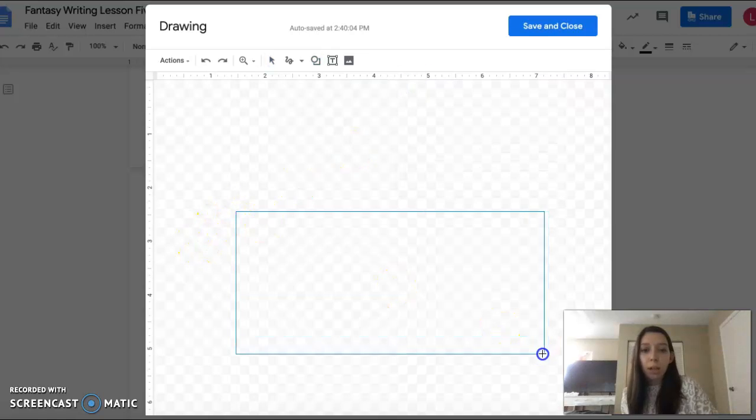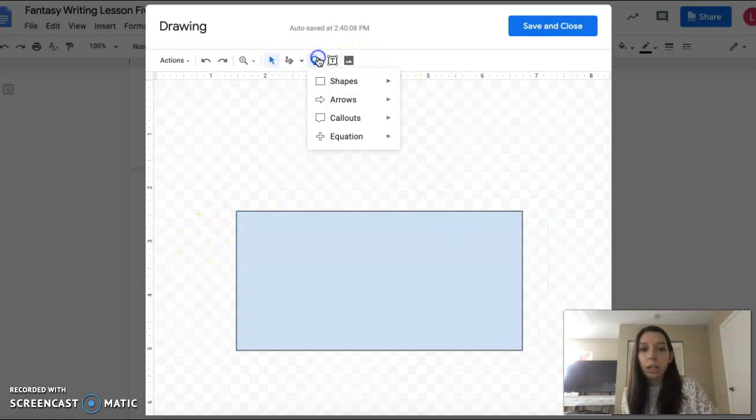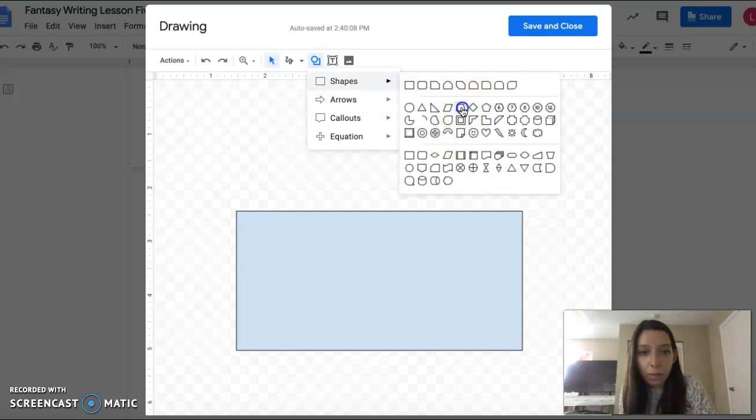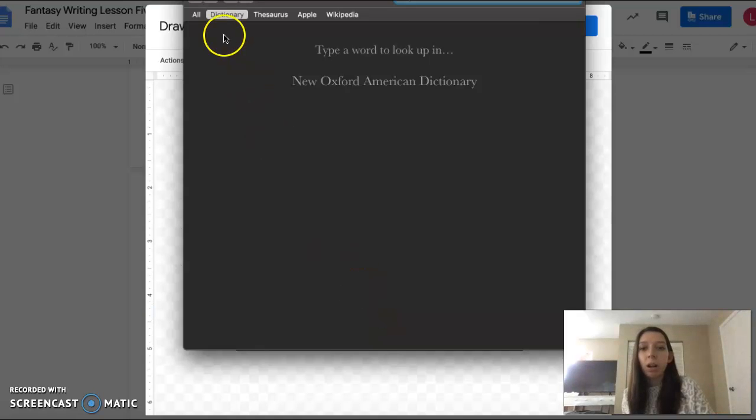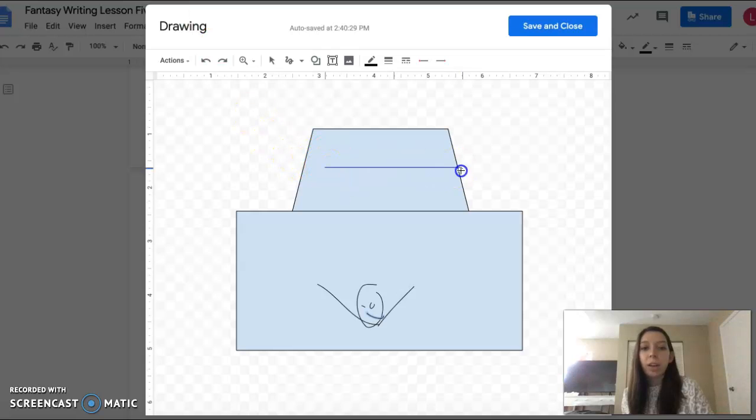So you could do a big rectangle, and let's see if this is going to be a bigger, better house. I have a feeling it might be. Then I could scribble, right? I've got the people. Oh, I'm so bad at drawing stick figures on Google. This is an example of how you can draw using the draw setting. Please know that sometimes you just have to play around with it. Look at how many times I'm trying to figure out how to use this. You need to be flexible, and your drawing is not going to be perfect, and that's okay.